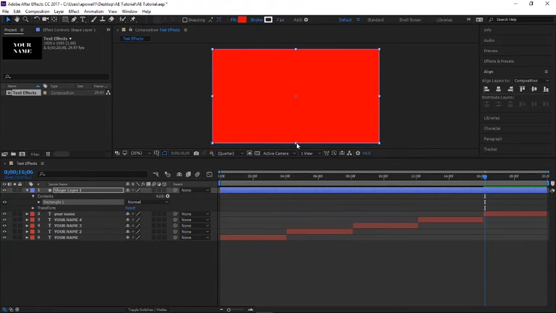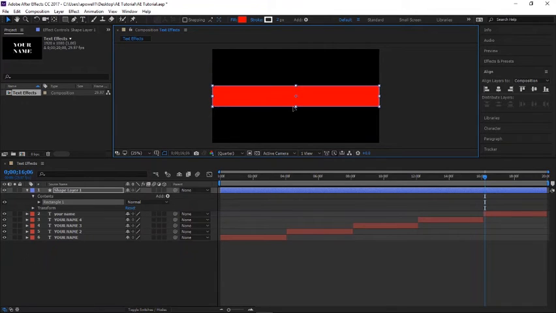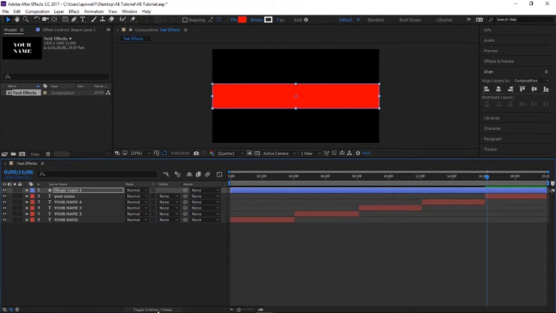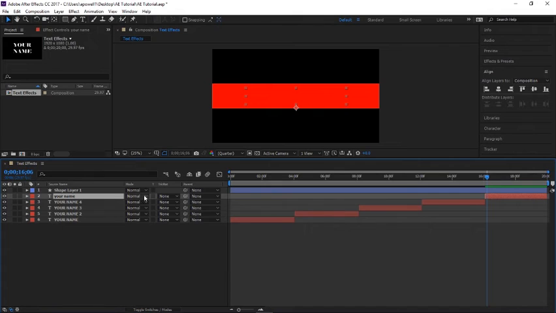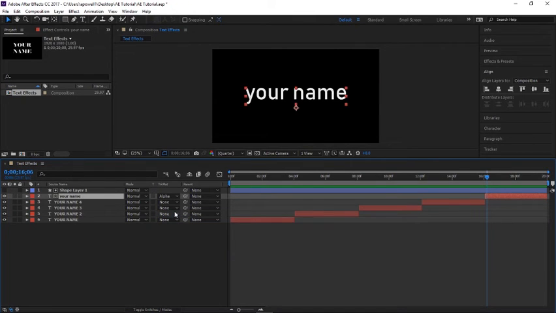But first thing we need to do, it doesn't really matter what color this shows up as, but we're going to slide it so we are covering all of the text. We're going to go down here where it says toggle switches mode, and we need to be able to see this, the track mat. With your name selected, I'm going to track it to the alpha matte shape layer 1, and then while still